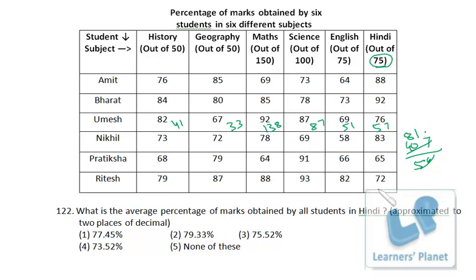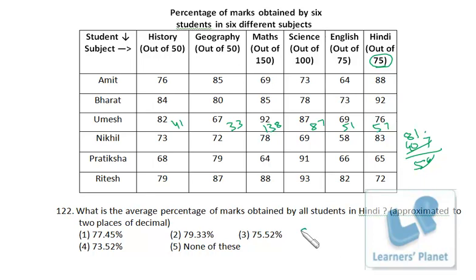to get the overall average percentage. So precisely we have to find out the average of these 6 data. Again, I would suggest you to go for the deviation method. Now you can see the options are closer to 80, and 80 is a good figure to take, right? So we see the deviation from 80 to find out the actual average. So I assume the average to be 80 and I see the deviation.